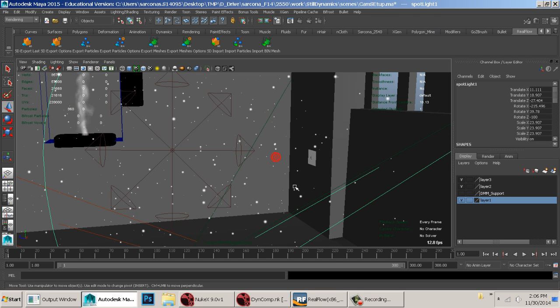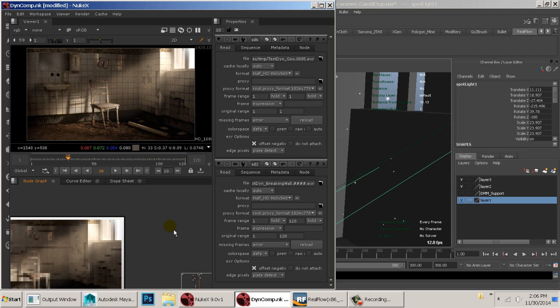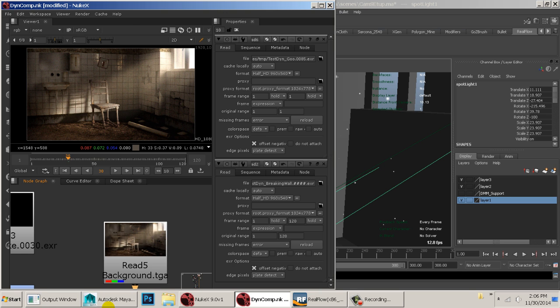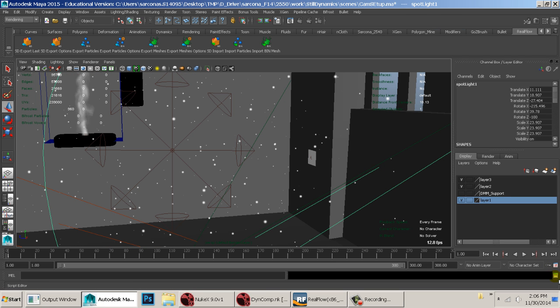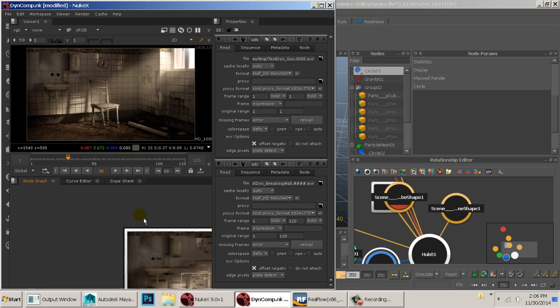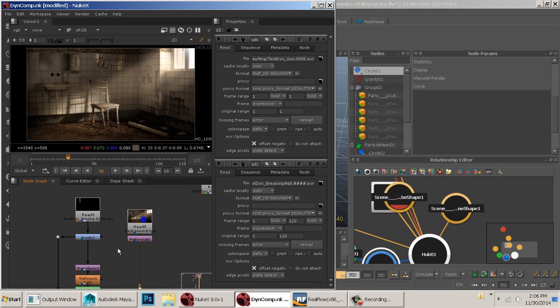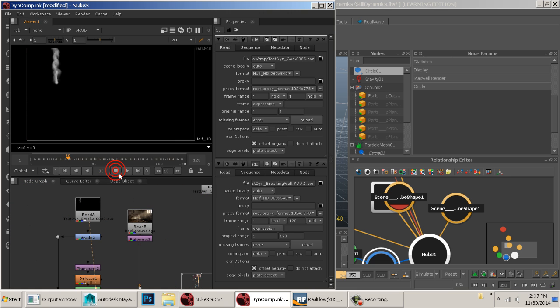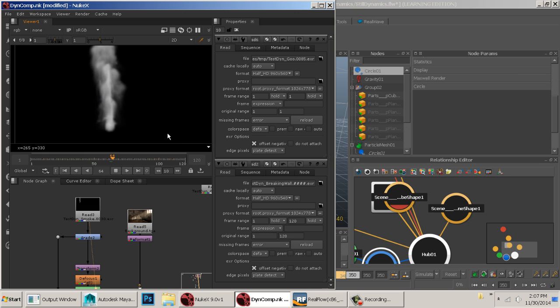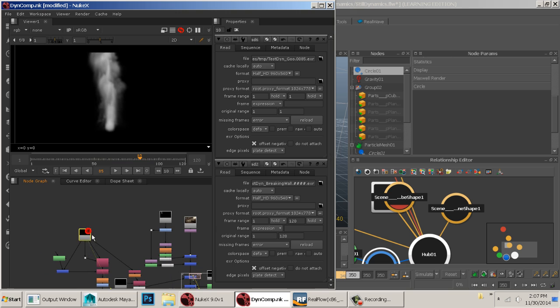Okay. Now if we look at my comp here, whoops, and this is going through another iteration of rendering, unless it's done. Looks like it might be done. So let me go to my, well, let me show you the other stuff. So here's my test smoke. You can see how slow it looks like it's moving, and that's exactly what I wanted. I didn't want anything going crazy quick. I just have this nice little smoke feature. And then over here,